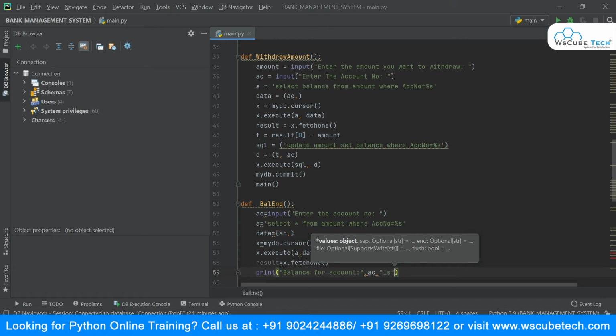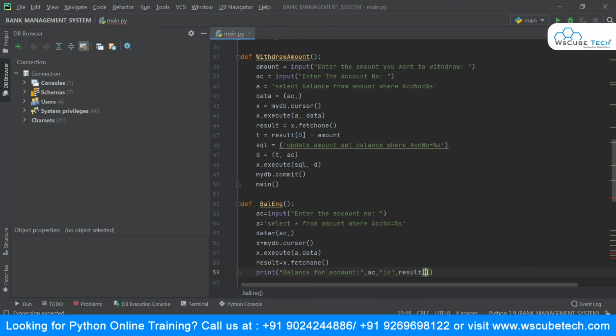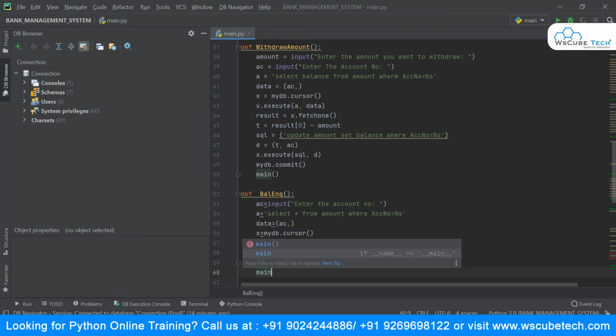After this, I will say result, and inside this result the balance is at our last index, so we use negative indexing to fetch that record. So I will say -1, and that's it. Once again after completion of this I want to display my main menu. So this was about my balance inquiry.